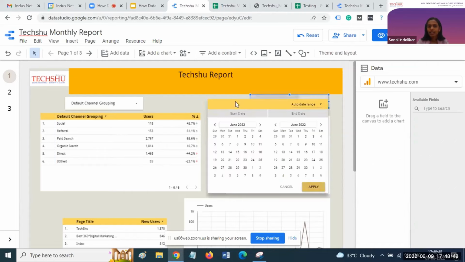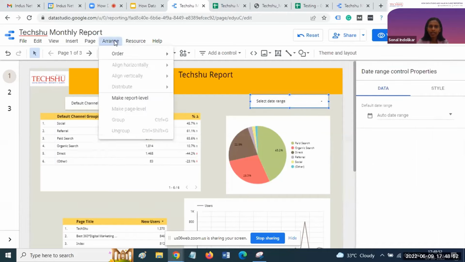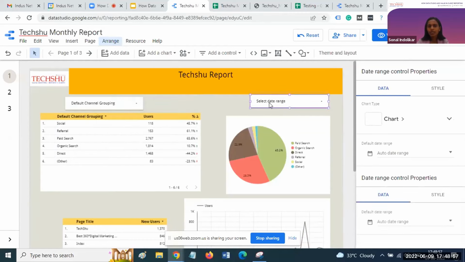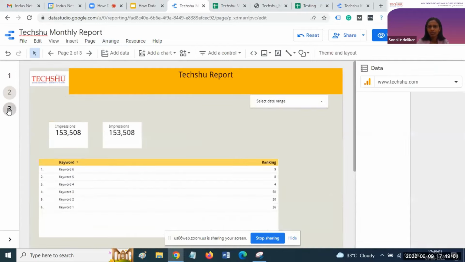Yes, we can add the date controller to all pages. Just go to the date controller, click on arrange, make it report level. So you just need to select this particular controller, and it's applicable to all the pages.